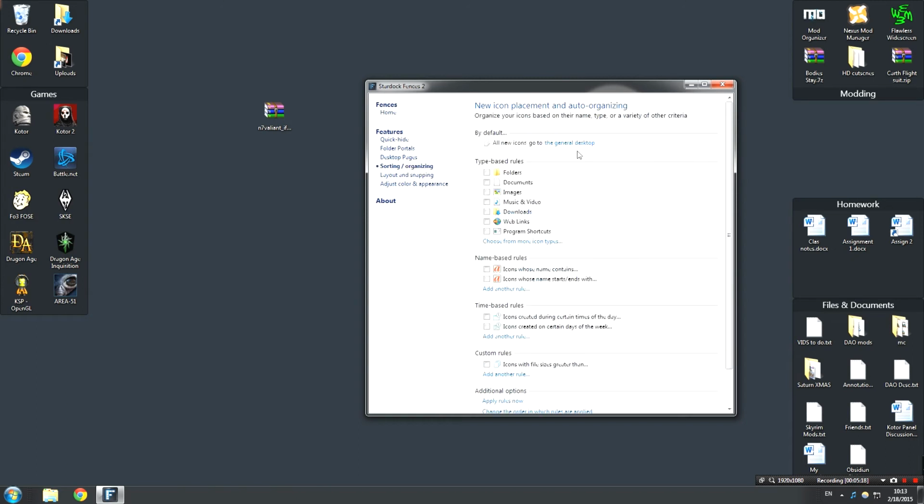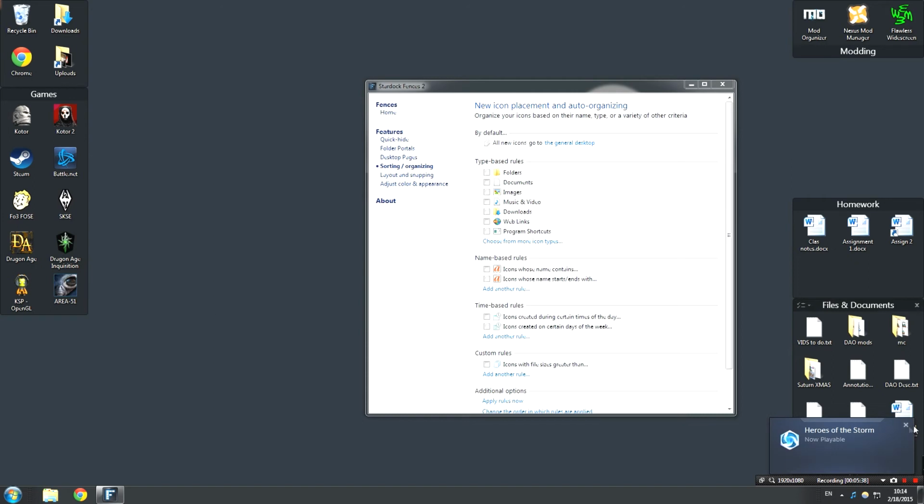And again, there's a bunch of other sorting options. You can have all new icons go into a special fence if you'd like that. So you can have a special fence for stuff that you drag to your desktop. You can use it as a workspace. It's really good if you make videos, or perhaps you can have a schoolwork desktop, a gaming desktop, and, you know, 3D modeling or an artwork desktop, that kind of thing. You can scroll around and keep things going. You know, you could have one that looks a little bit more professional that you use for business purposes, and then one that you use for fun, something like that.